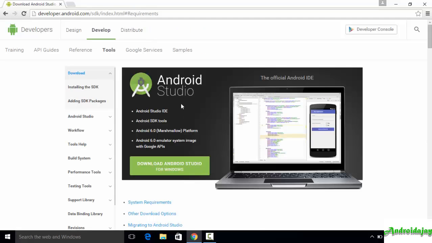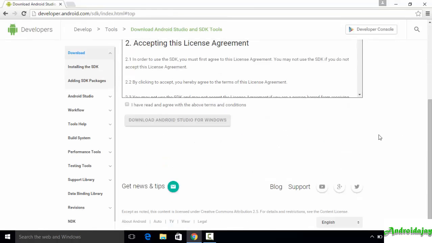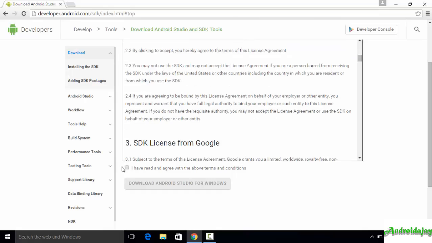pretty much the same. So after reading the system requirements, you click on this download Android Studio button, and it is going to redirect you to this page. And after reading this terms and conditions, if you wish to read it, go through it and then click on this button right here and simply click download Android Studio for Windows. Now I am not going to download Android Studio, and that is because I already have Android Studio installed on